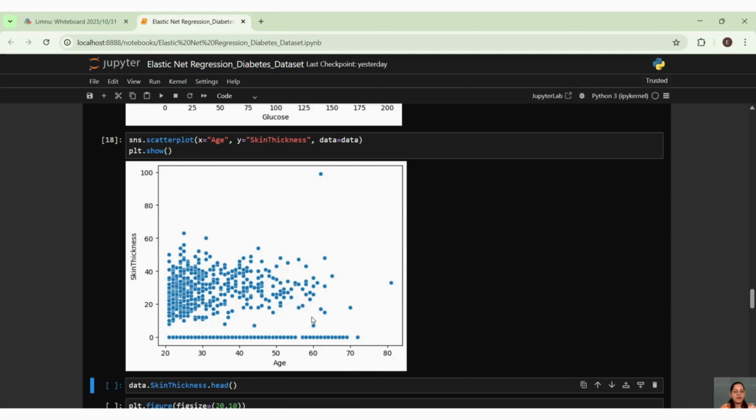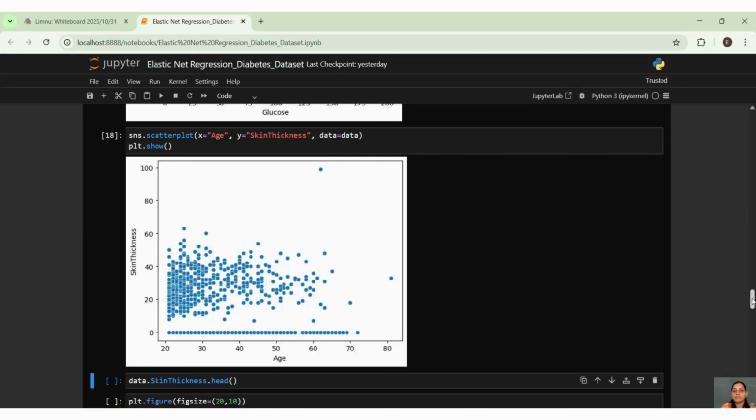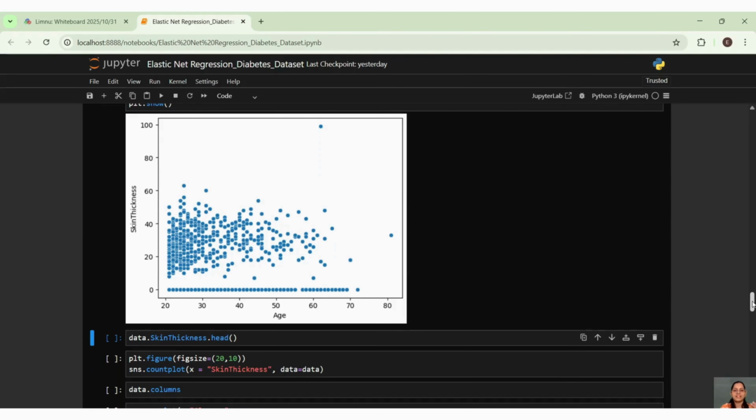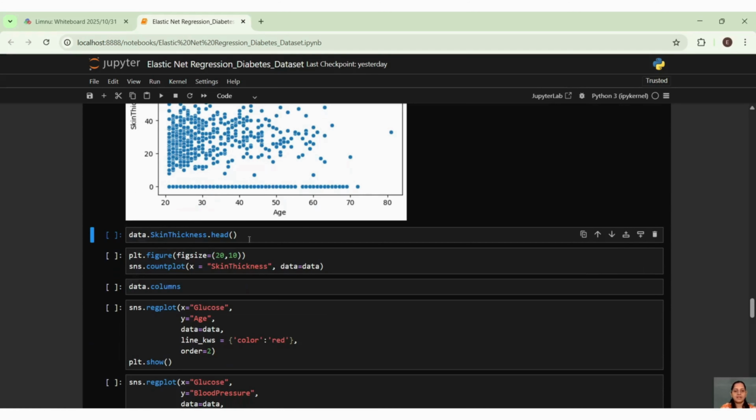However, I can see that the skin thickness is in better state when it is 20 to 30. You can see it's around 40. However, when we move ahead, it goes till 100. That means the skin is getting thinner, because when you get aged, right? So that is a direct relation, correct?